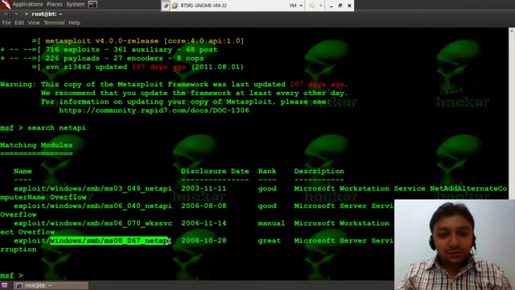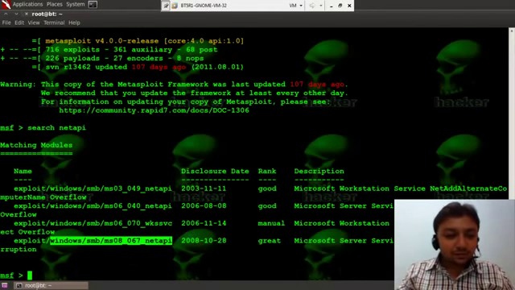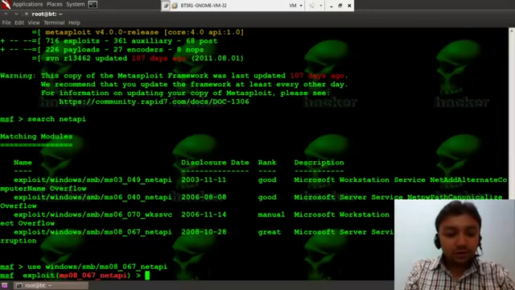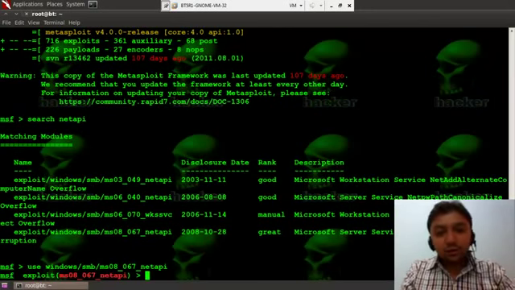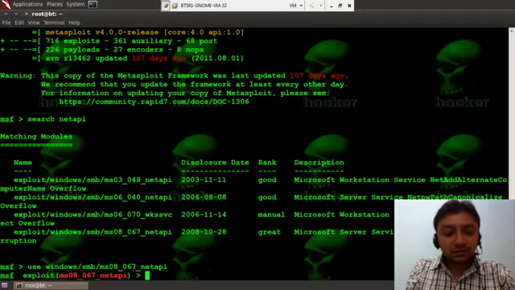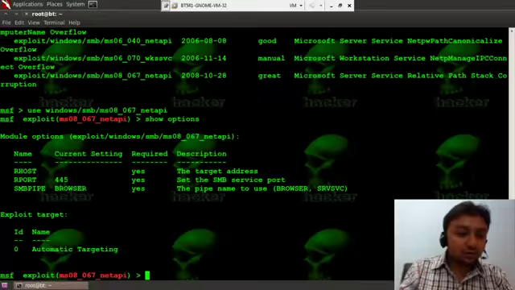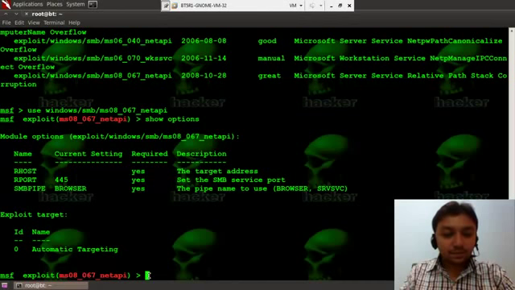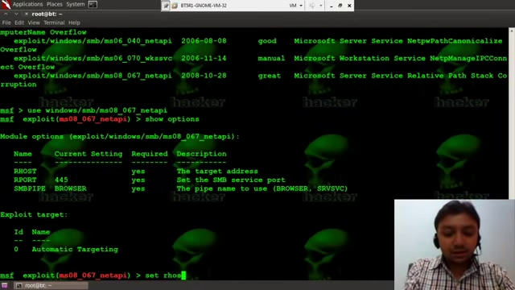Okay, so this is our exploit. I will use this exploit and I'm connected. Now I will see what options I can use and how I can make my hack a successful hack. So these are some options, show options. I will write the RHOST, which is here, set RHOST, and the IP is